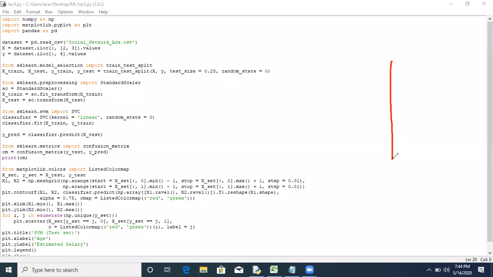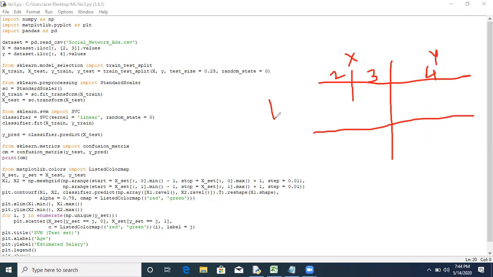So as you know, this is our data, where X is the input, Y is output, column number 2 and 3 the input, column number 4 as output. Again, we are dividing the data into two parts, training and testing.